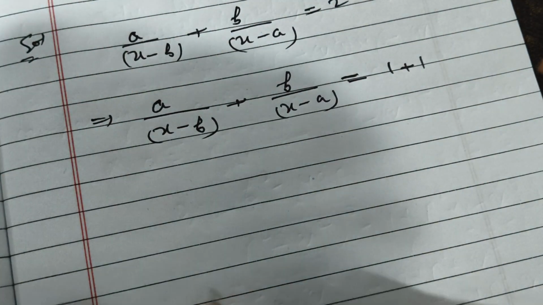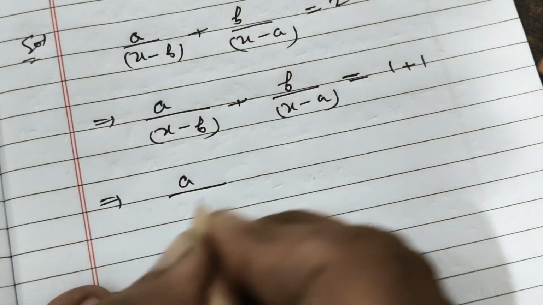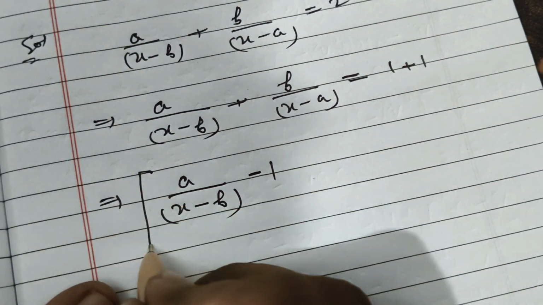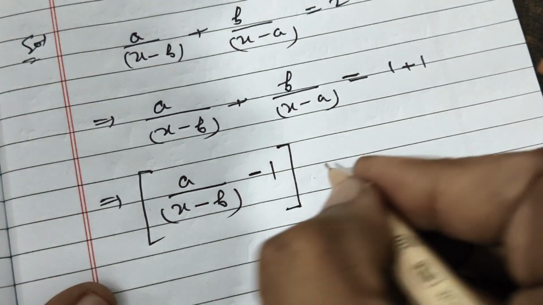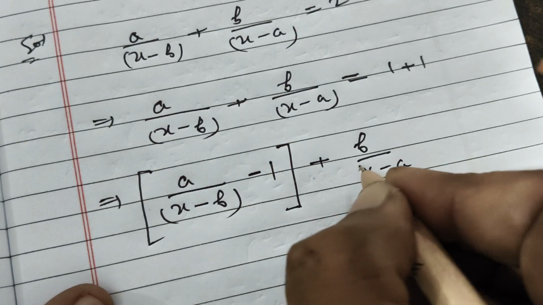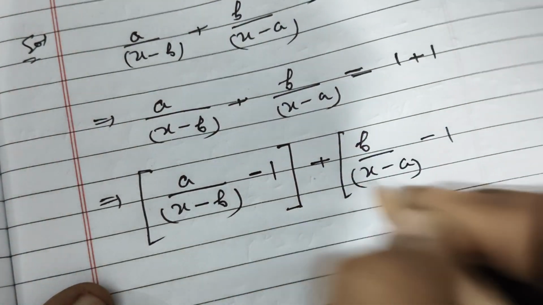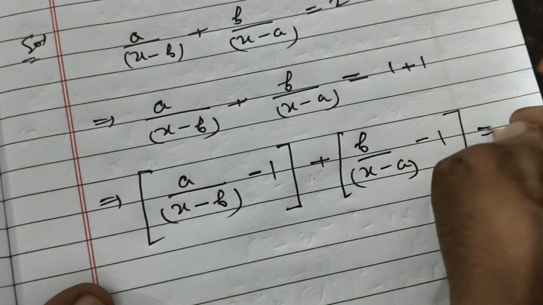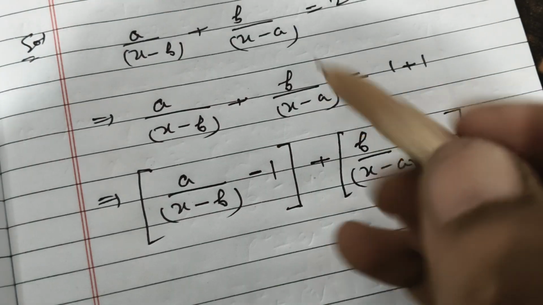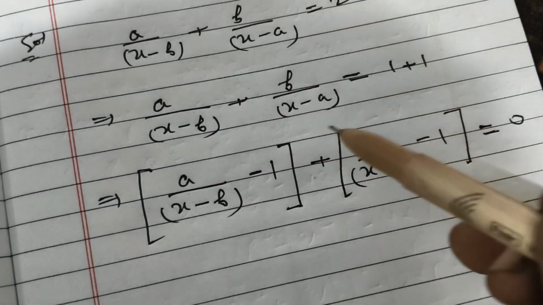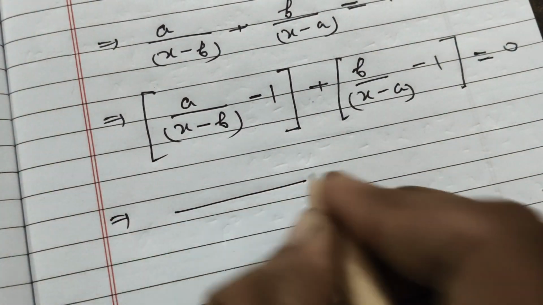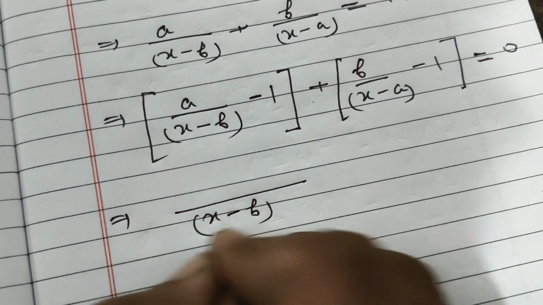Now a upon x minus b minus 1, we will write these two combined, then plus b upon x minus a minus 1 in one bracket will be equal to 0. From the right side we have brought 1 to the left side, so its sign has changed, and one 1 we have kept with a upon x minus b, the other 1 with b upon x minus a. After taking the LCM in the bracket it will be equal to a minus in bracket x minus b over x minus b,